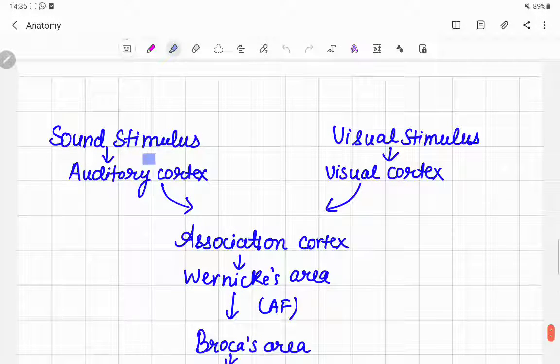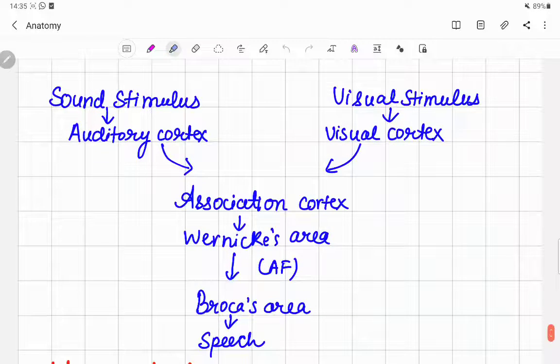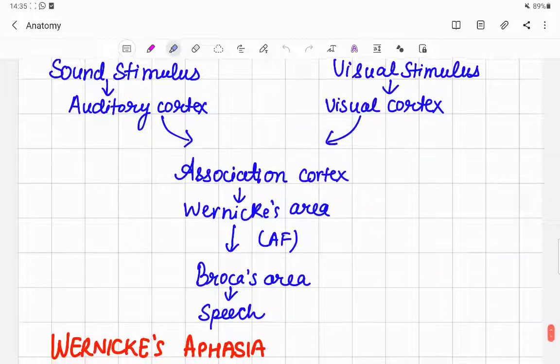We have sound stimulus coming to the auditory cortex, and visual stimulus coming to the visual cortex. The visual stimulus goes to the visual cortex of the brain. The sound stimulus goes to the auditory cortex of the brain. All these stimuli come together in the association cortex, and from the association cortex they are passed on to Wernicke's area. The combined stimuli of the sound and the visual impulses from Wernicke's area pass to Broca's area